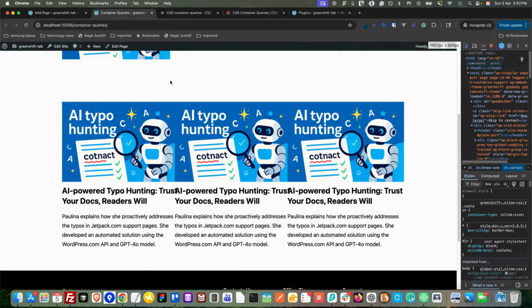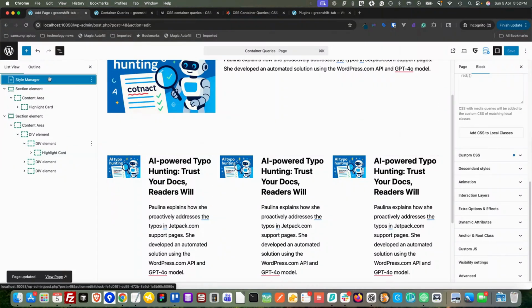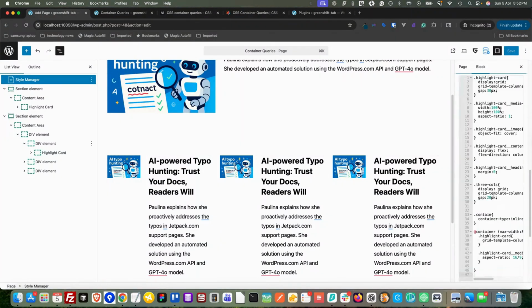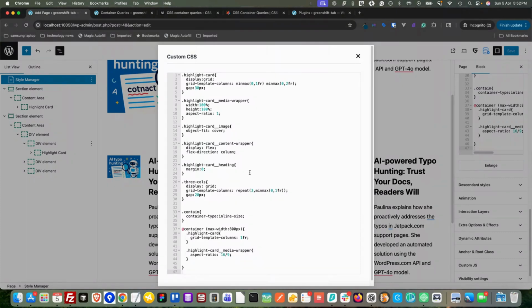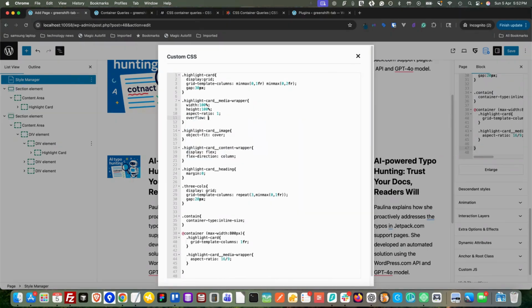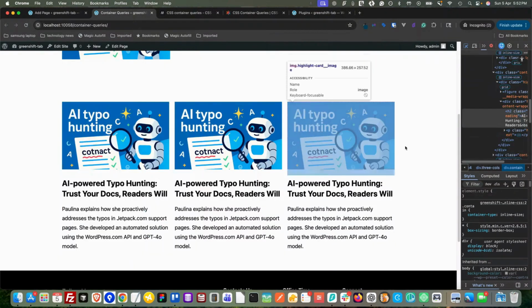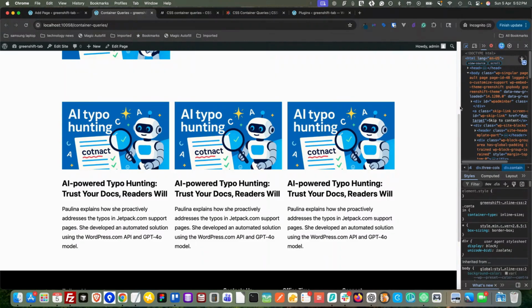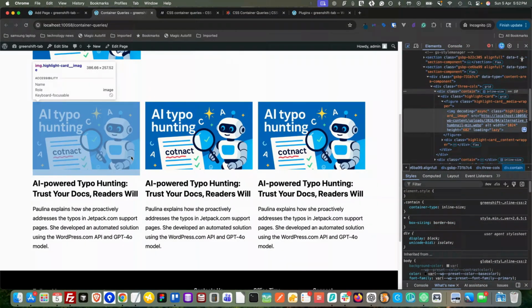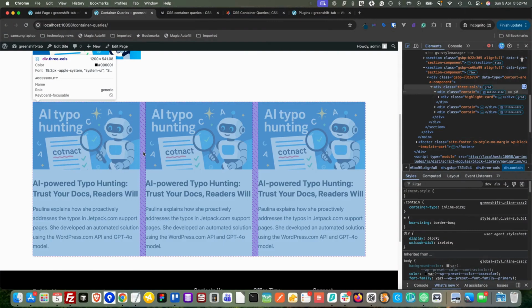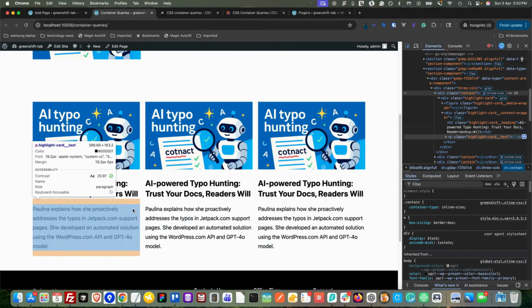Okay, I think I haven't added a gap. Did I add a gap to this? Yeah, a gap of 20 pixels. One thing here for the media wrapper, I have to set this as overflow hidden because of the image. I think it is like this. Yeah. Okay. And of course, to make this 3 column into 2 column, 1 column, we need